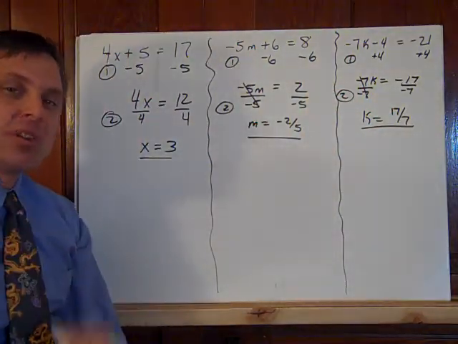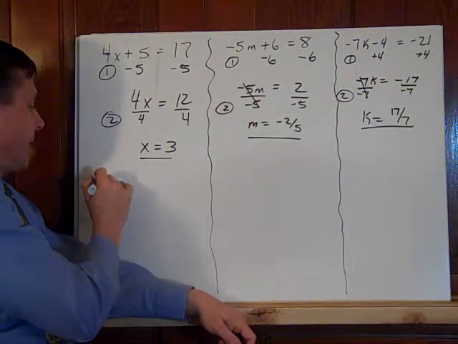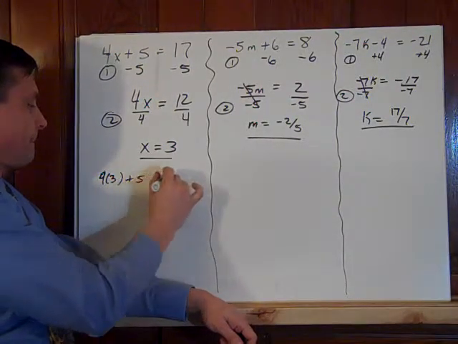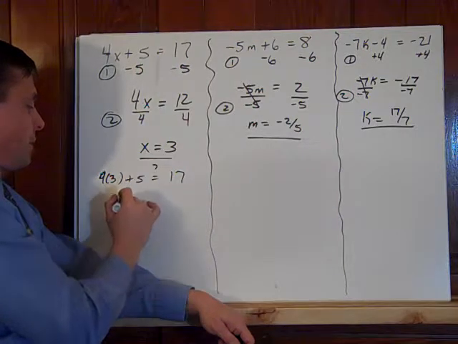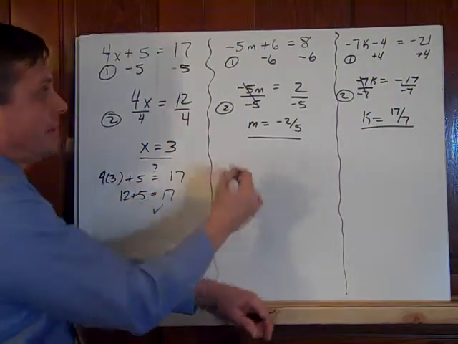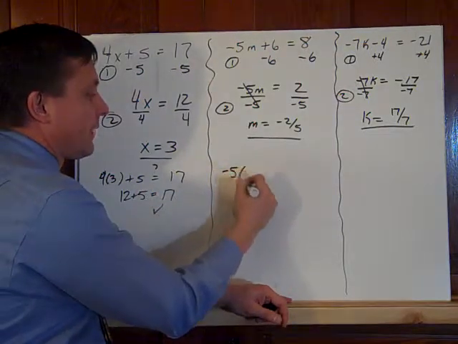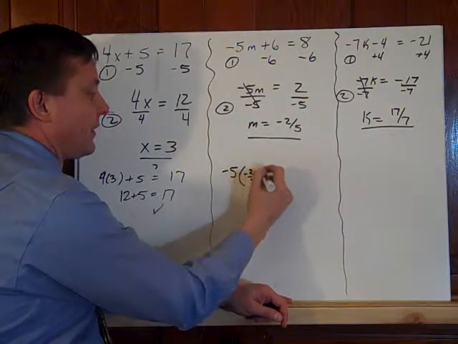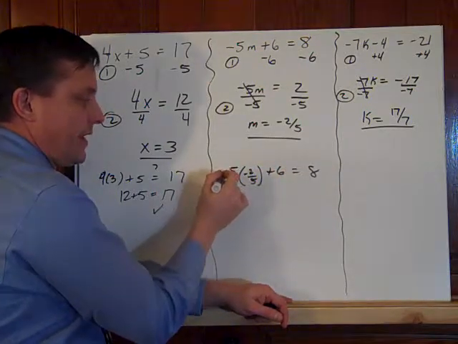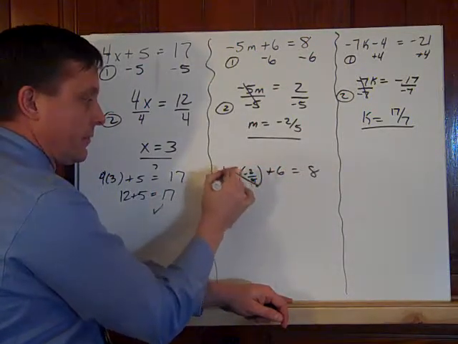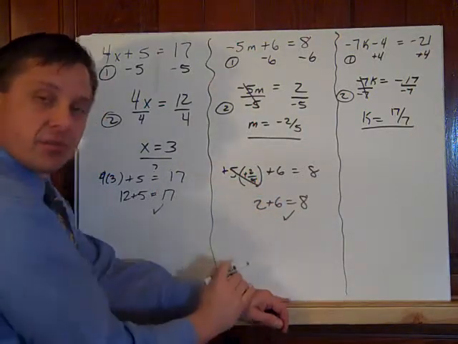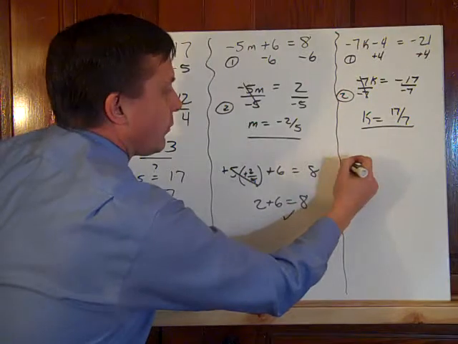I can check any and all of these by simply substituting the value back in. On the first one, 12 plus 5 is 17. I'd say that checks. On the next one, negative 5 times negative 2/5 plus 6 equals 8. Negative negative is a positive. 5's cancel. 2 plus 6 equals 8. Sure enough, that's true. Last one's a little more difficult,